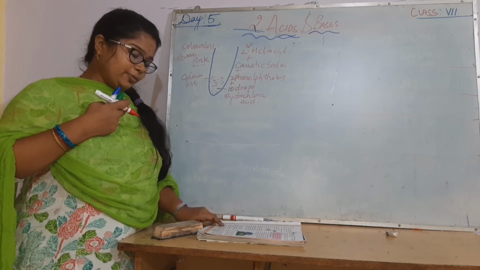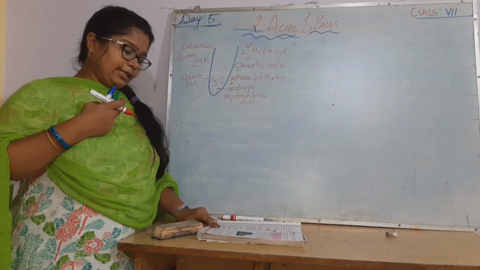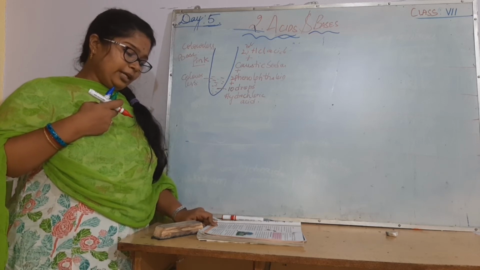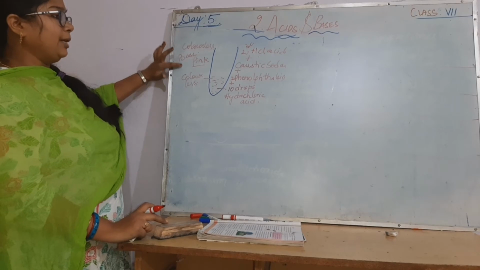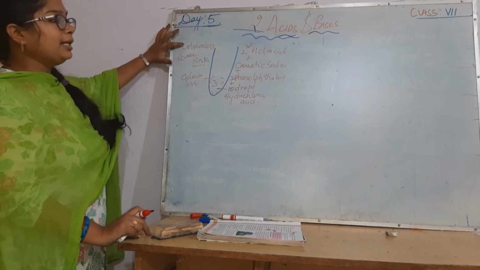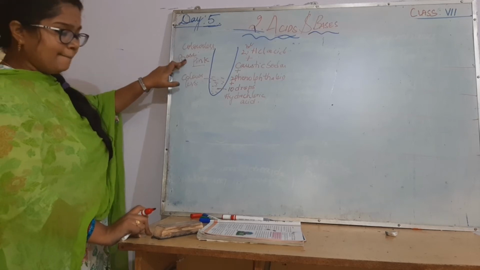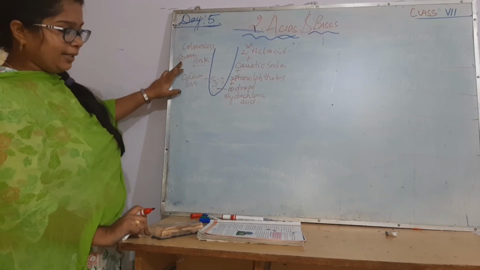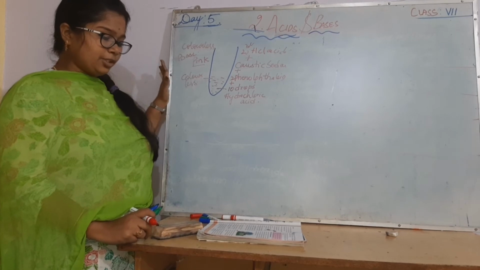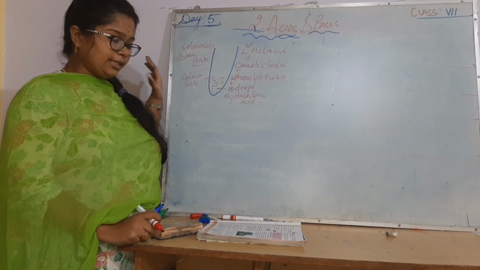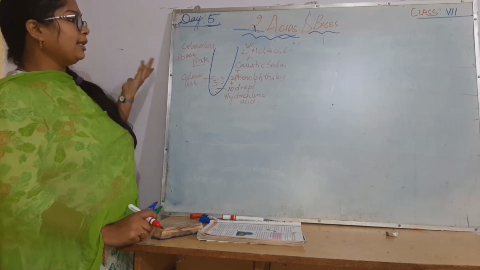In the above experiment, you might have noticed that if we add excess base to the acid, it converts into base. Similarly, if you add more acid to a base, it becomes acidic in nature. To the acid, if you add more base, it becomes basic in nature. So if you are given a solution of hydrochloric acid, how can you make it a solution which is neither acidic nor basic?